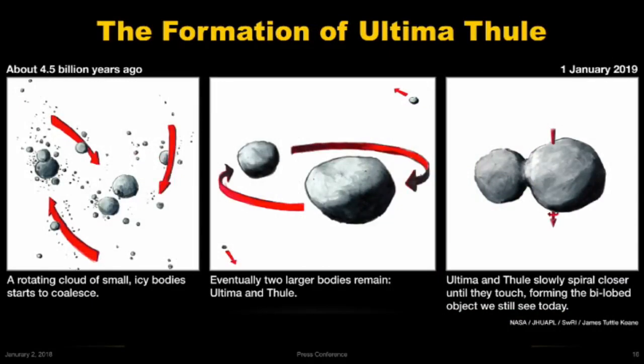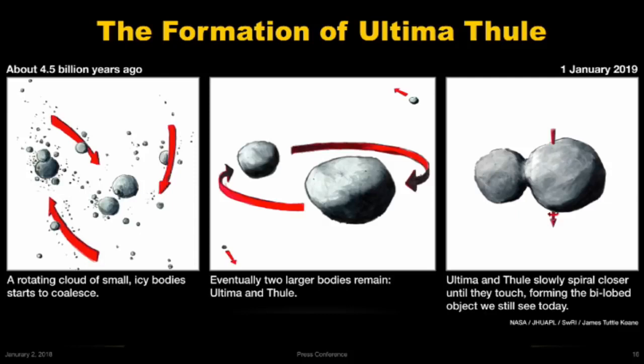Okay, so let's talk about the formation of Ultima Thule. So we think what we're looking at is perhaps the most primitive object that has yet been seen by any spacecraft, and may represent a class of objects which are the oldest and most primitive objects that can be seen anywhere in the present solar system. What we think we're looking at is the end product of a process which probably took place in only a few 100,000 or maybe a few million years at the very beginning of the formation of the solar system,